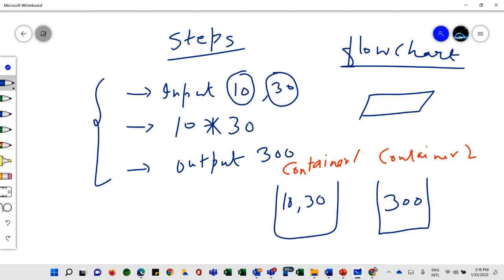So what you need to do is give a label to that particular container. Let's say for 10 and 30, it's basically a label here. That is why I have defined A comma B. These two are the labels that we have defined, like A for 10 and B for 30. And here I have defined a label as result. Result is again the label of that container, where we have stored some piece of information. Correct. So now the kids can easily understand that yes,